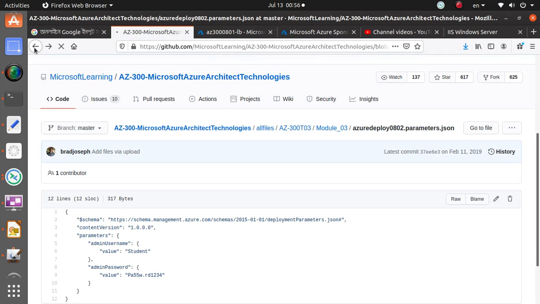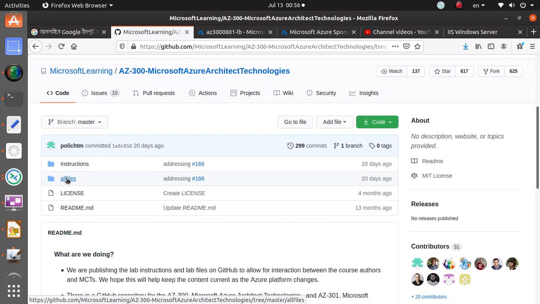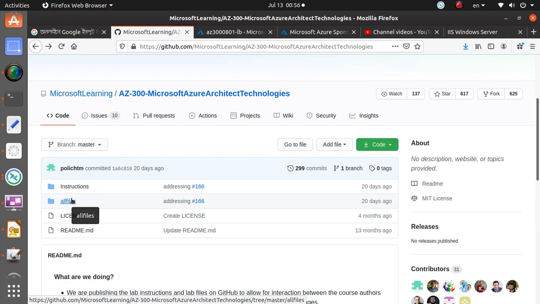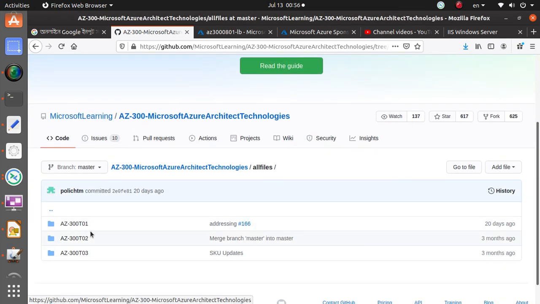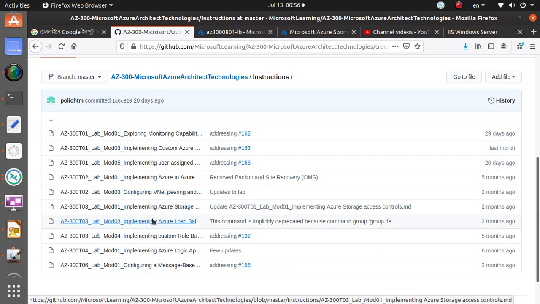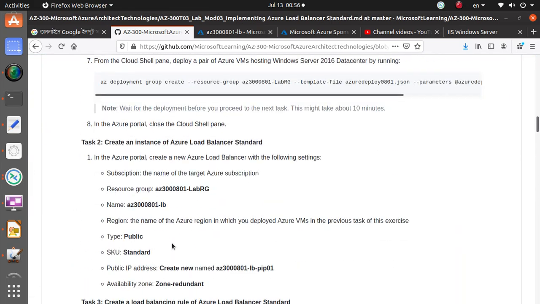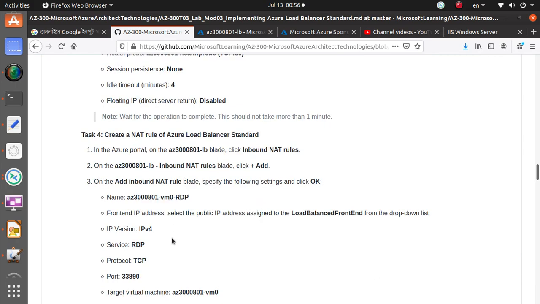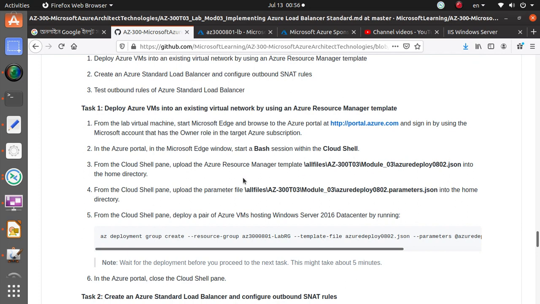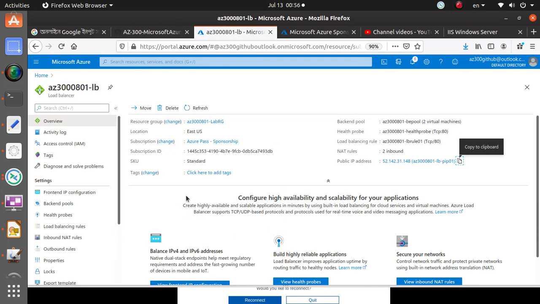So let's come back to the lab. And I think it's all files. No, instructions. Yeah, so we are still working on this. We have done all of that stuff, so we are right there. Okay, so we need to upload those two files and create this command pretty much. Okay, so let's come back over here,